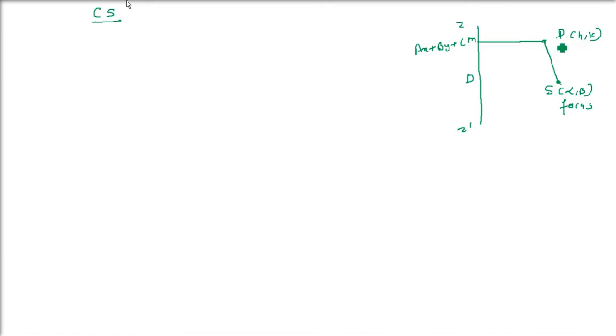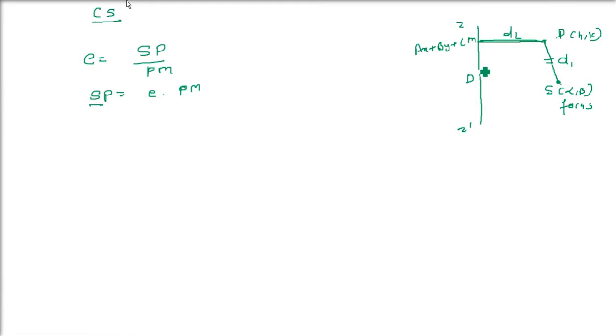So h and k, always we take a locus, so we always take h comma k. By the definition, PM, the distance of this moving point from the directrix, will be related to the distance of this moving point from the fixed point which is the focus. So eccentricity will be, by the definition of a conic section, SP, this distance, D1 let us say, and this D2, say PM. So SP by PM is the eccentricity for any conic section. This is always true. So SP will be equal to E into PM.